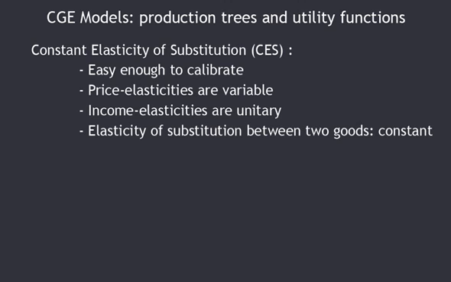To find the formulas for this elasticity of demand relative to price, I recommend that you search the literature on this question. On the other hand, the elasticity of substitution of demand between two goods is constant. It is the definition of these functions. Lastly, income elasticities with the CES are always equal to 1. So when consumer income increases by 1%, the demand for a good also increases by 1%.